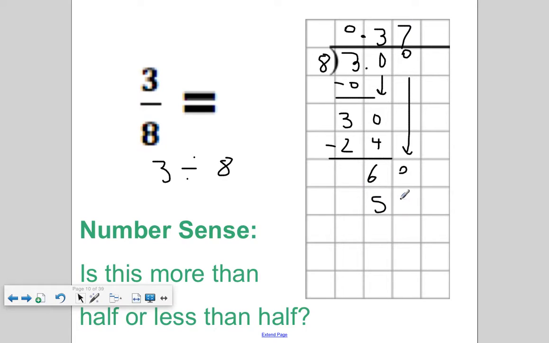So 60 minus 56 is 4. I'm hoping this terminates and ends, or it's going to be something called a repeating decimal. Bringing down the 0. How many groups of 8 go into 40? 8, 16, 24, 32, 40. 5 groups. So the decimal equivalent is